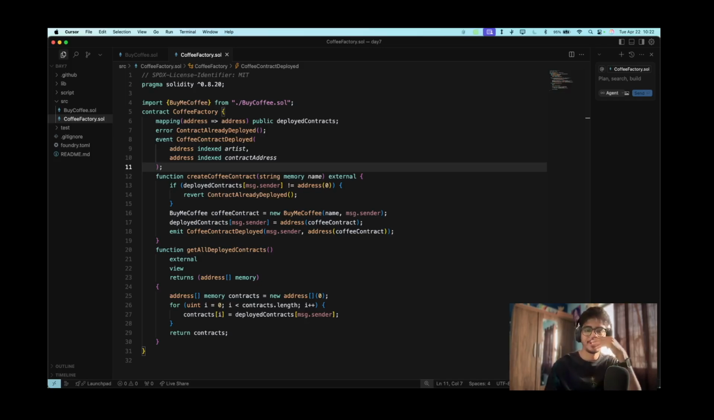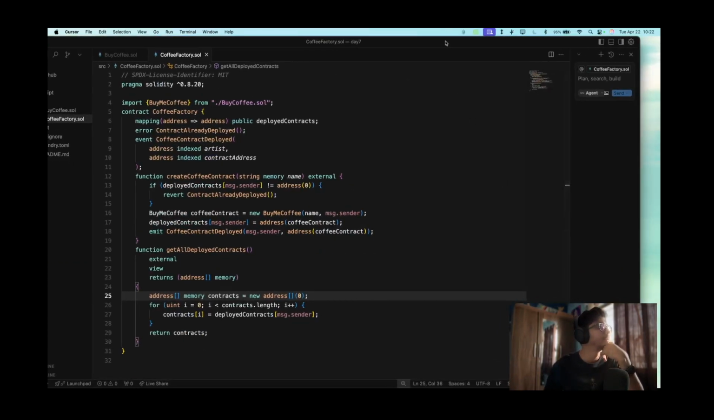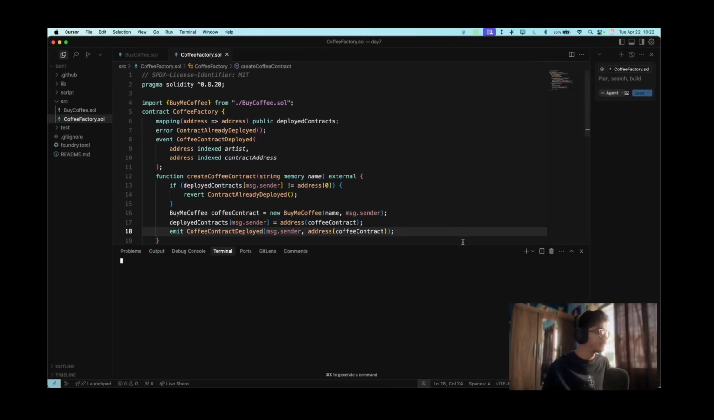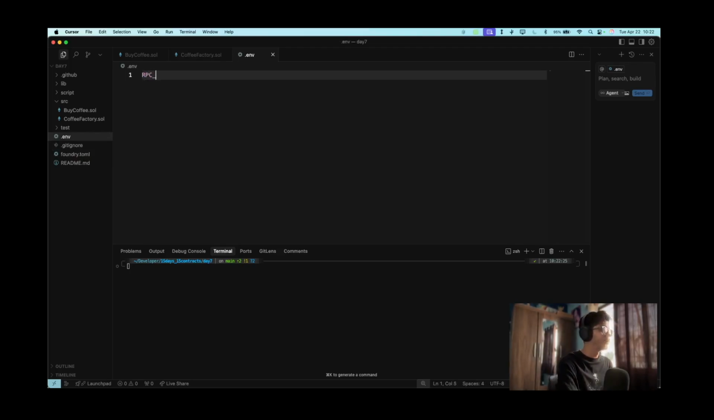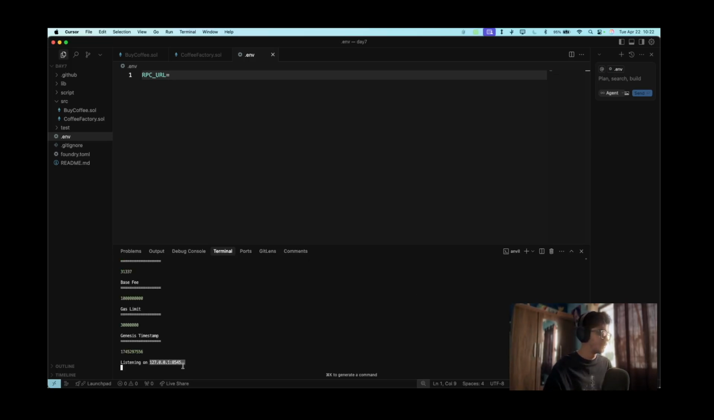The first step of deployment should be deploying the BuyMeCoffee factory here, and then whenever the artist is coming on the page, they can call this coffee factory and get their contract deployed, right? So let's first try it in Anvil, and then we'll see if it works in Sepolia with a front end. Okay, RPC URL is equal to, let's go for Anvil here,